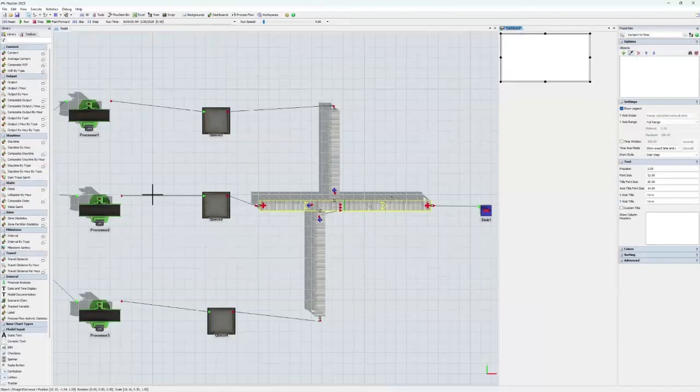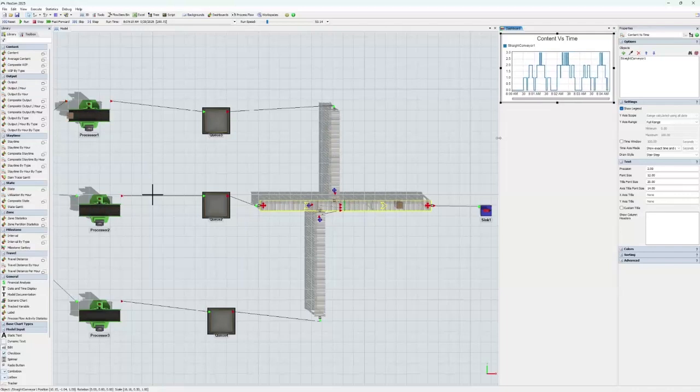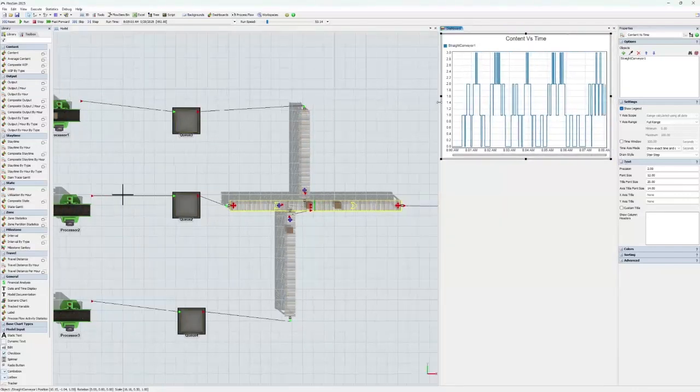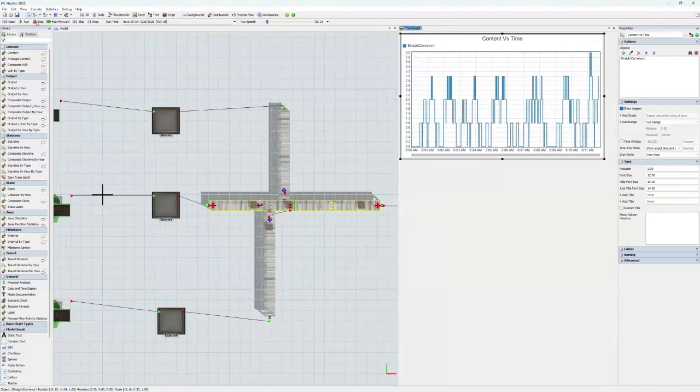And I'm going to sample this conveyor. I'm going to reset it, and then I'm going to run. And here we can see the content fluctuating over time. We can resize it. And then if I say